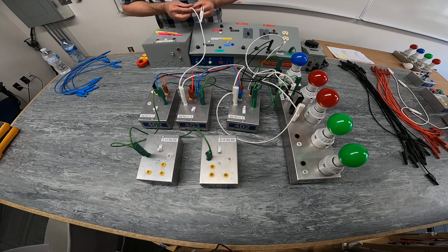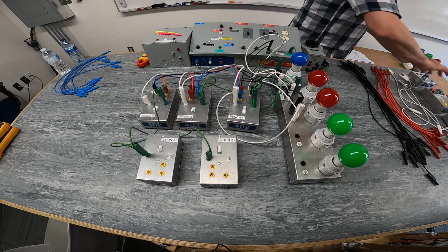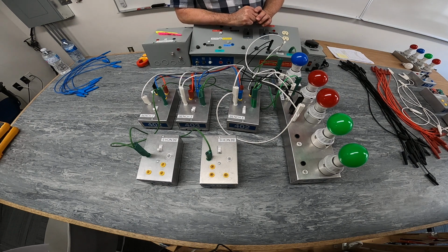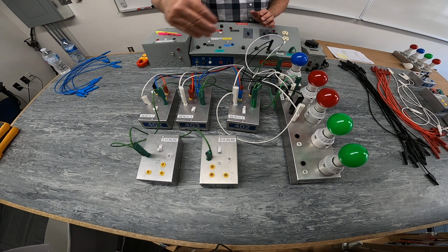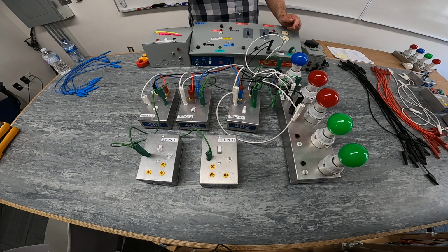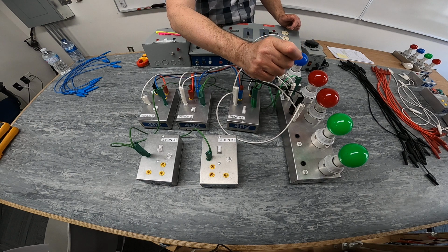As per 2018 CEC. Perfect. So we're done. So now what I've got done here with all the beautifully colored wires, I now have two red lights switched from three locations. Perfect. Now the last thing we need to do is to have these two green lights come on simultaneously from